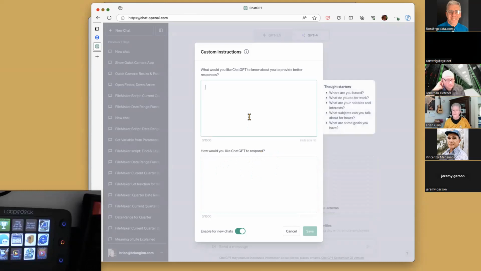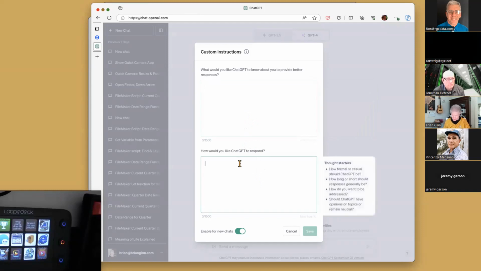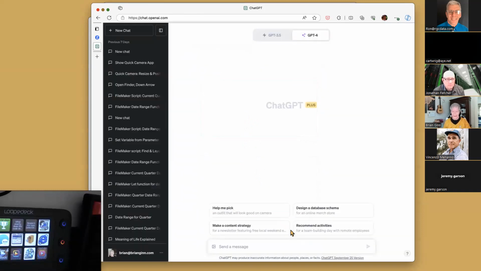For instance, here's where you tell it what you're doing. I'm a FileMaker developer. I know FileMaker. Believe it or not, these are really helpful, as you just saw, especially in the response. But I have to set that up. I have to go in here and do this. I don't guess it's any slower or faster than the way I did it, but this is just the way it is.